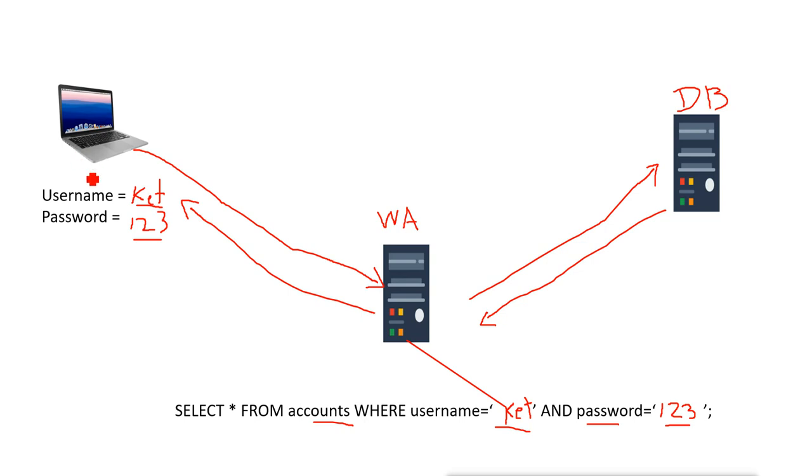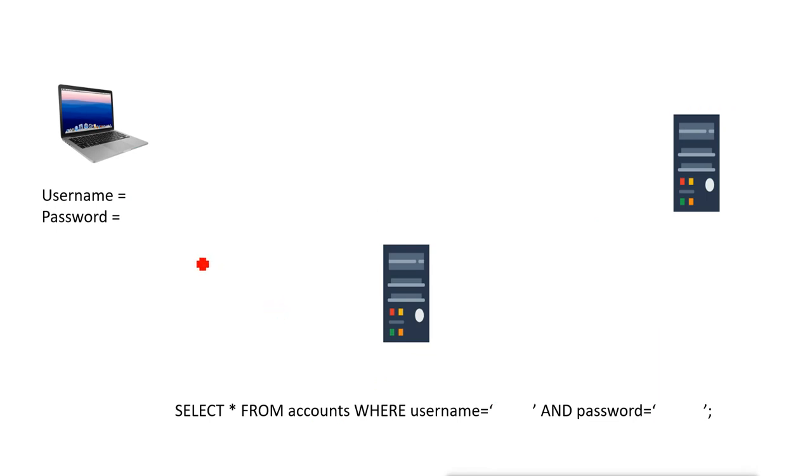Now what does the attacker do here? It will add a random name here, like it says my name is cat. Now the quotes are important here. After this cat, it will add the quote here. Remember, the first quote is already there in the query string. Now it is adding one more quote.